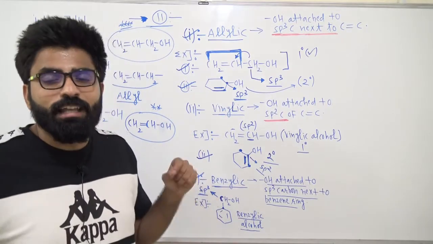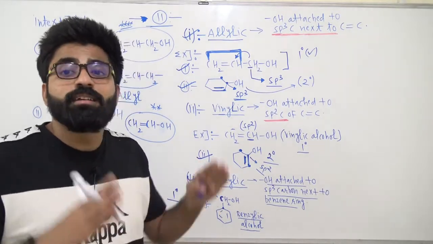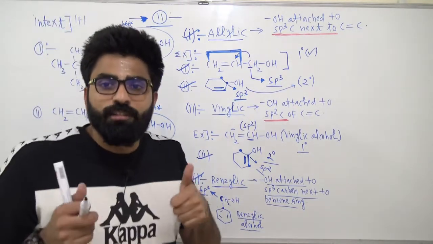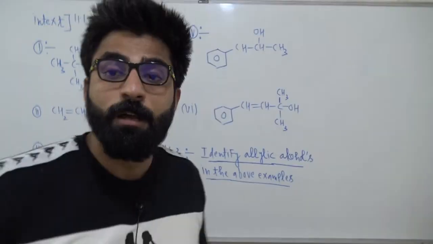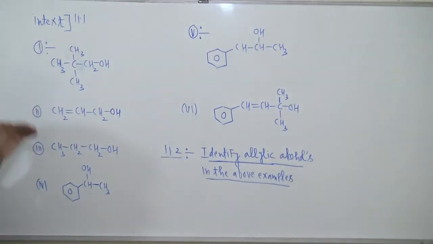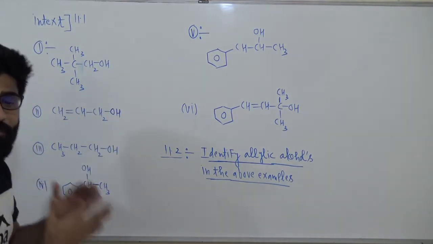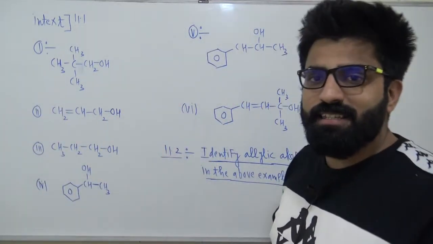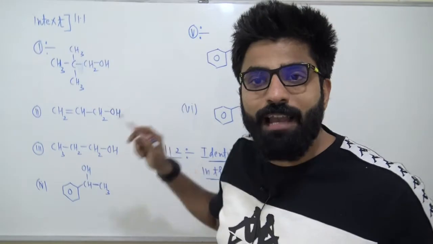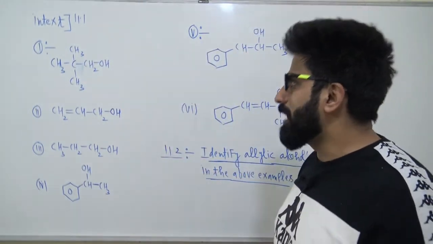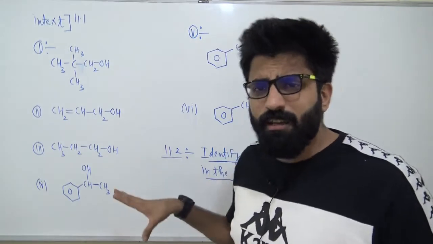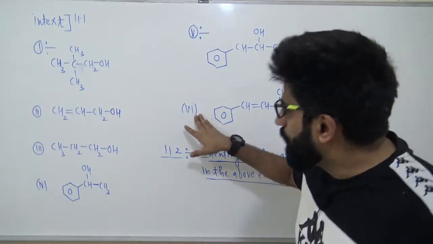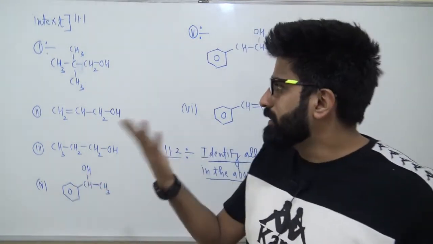Now the last thing that I'm going to discuss in this part 1 is some questions from NCERT based on these topics. So let's discuss those questions now. These are the questions from NCERT based on the topics that we have already discussed. Let's discuss them one by one. This is in-text question 11.1 of Alcohols, Phenols and Ethers from NCERT, right? What is the question? You have to identify the degree of each alcohol in the following. Very, very simple. So let's do it.